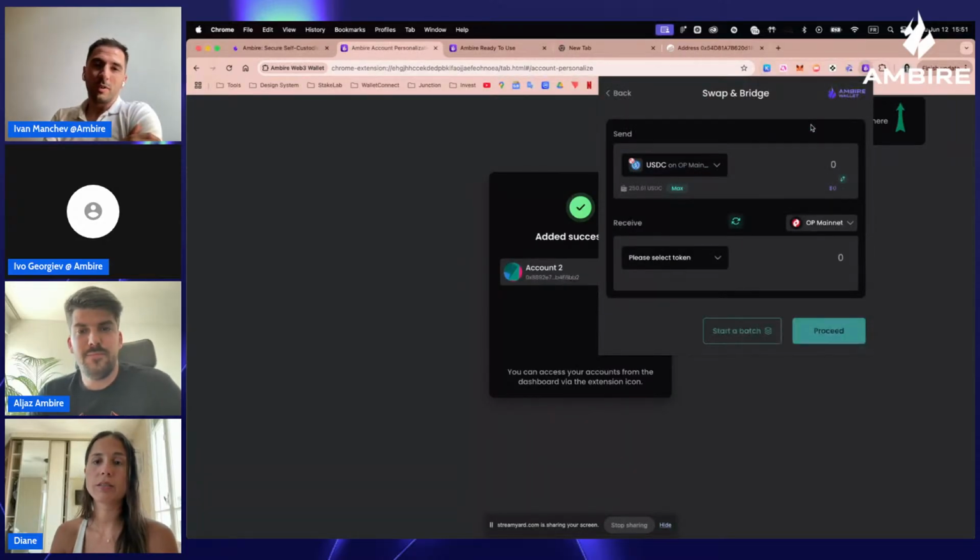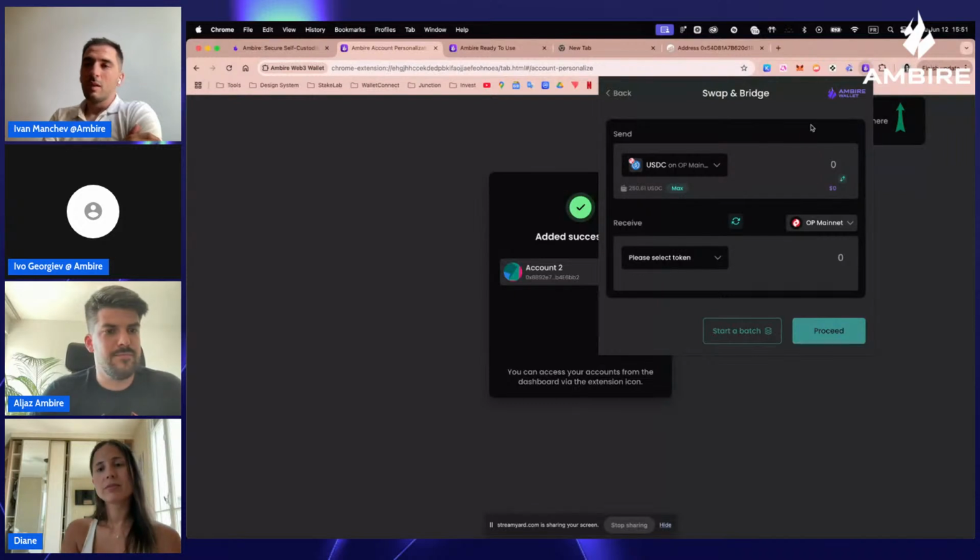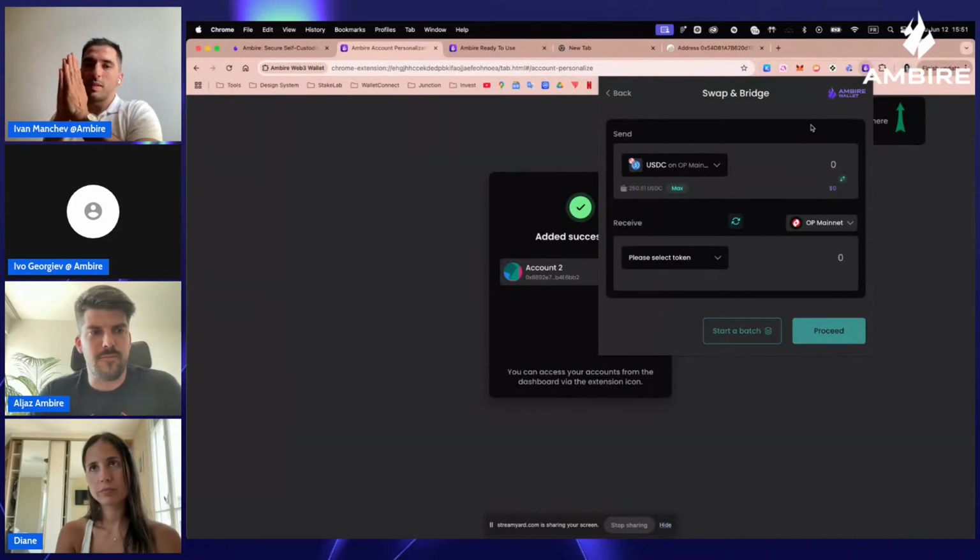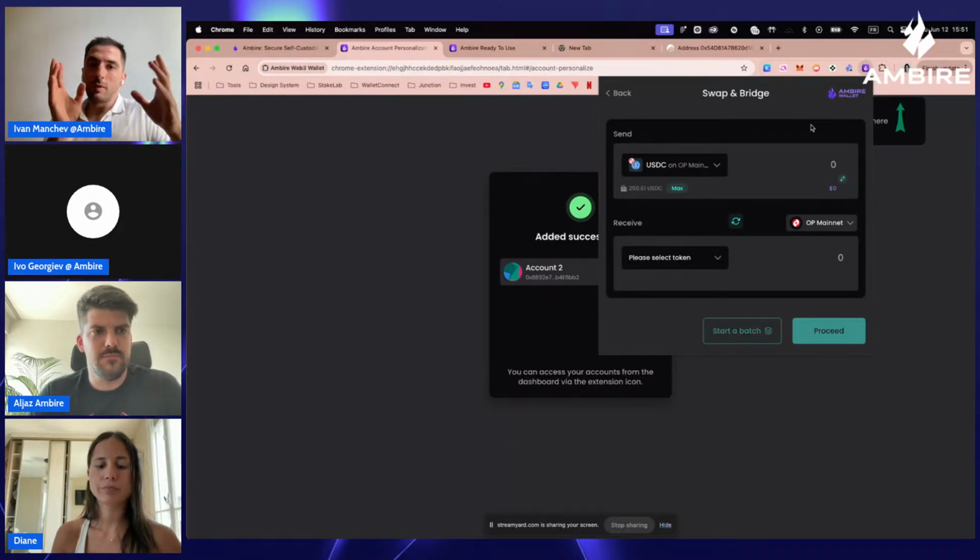Just opening a bracket, we've had this problem that most wallets separate both. You have almost the same UI for swap and for bridge, but they do different actions and they're in different screens for some reason. As you said, a bridge is basically a swap between two tokens, but with another network field.